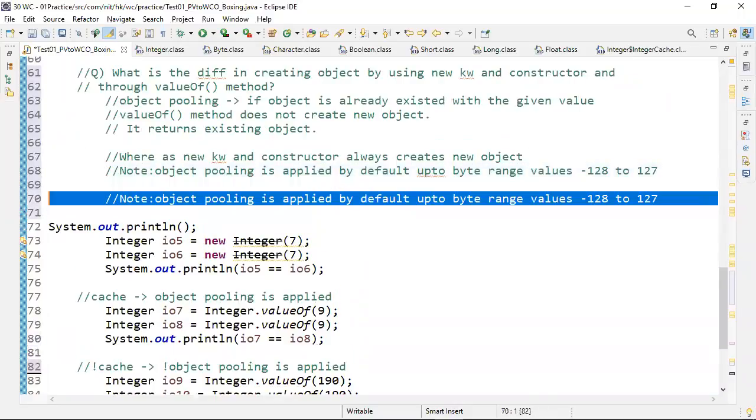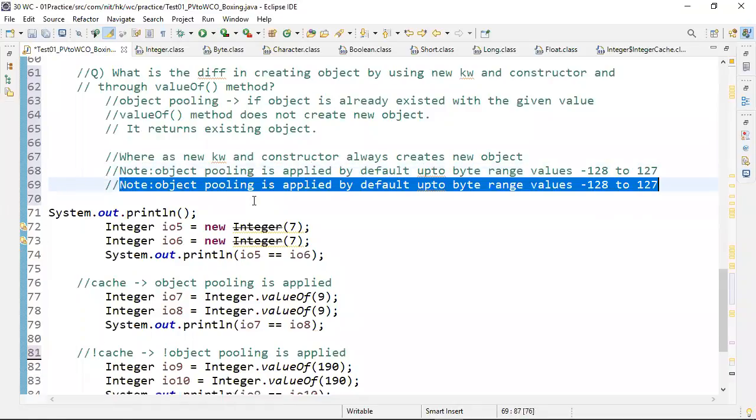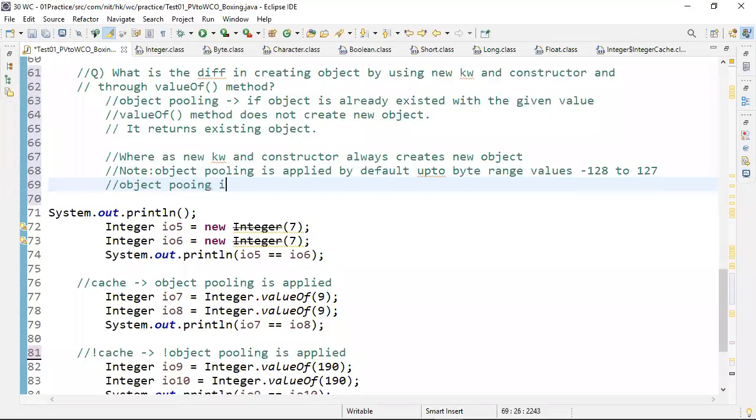How is object pooling implemented? Object pooling is implemented by using the array concept.